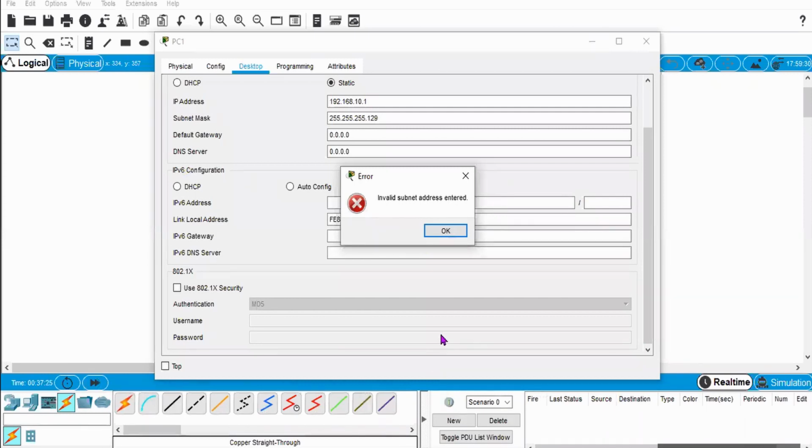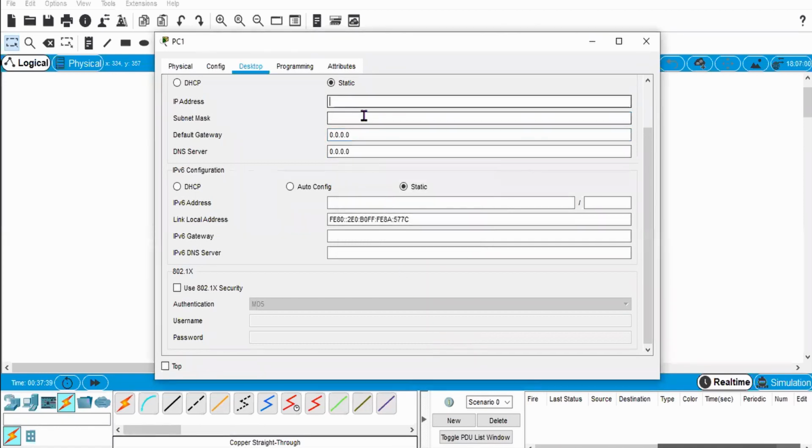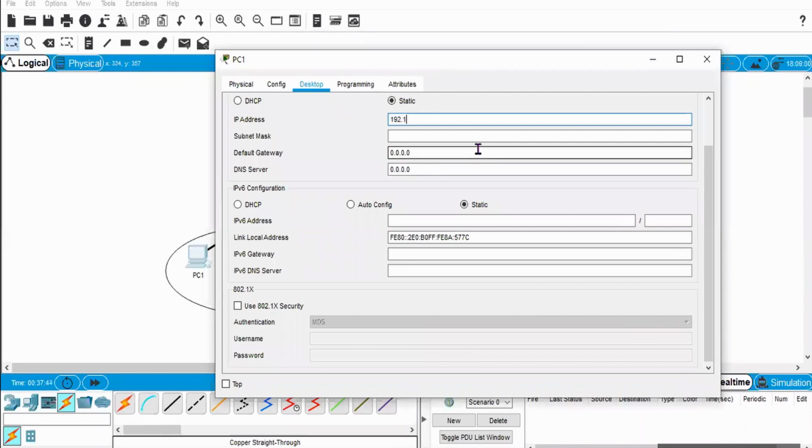If you are substituting two ones from the left hand side, that is 128 plus 64, and that will be 192. So for this PC number one, that is 192.168.10.1, if you change this default mask, you can cluster the whole pie chart into four parts.